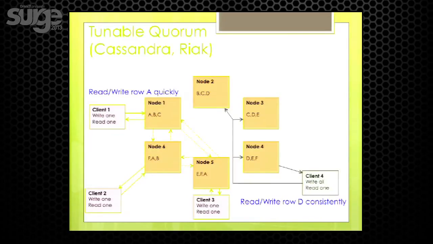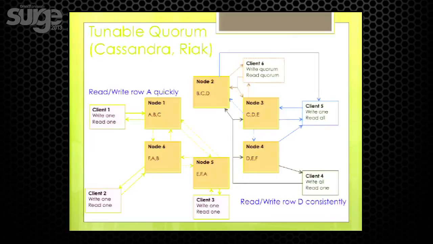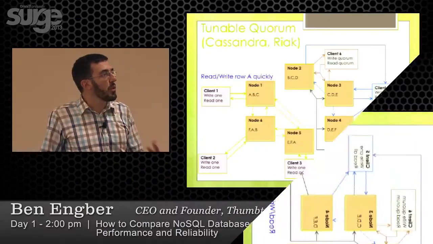When you write, you can request that your writer writes to every single copy of data before returning. And then, of course, you only need to read one to get a consistent copy of that data. You can do the converse: always write to one node, but every time you read from all 3 and pick the one with the highest timestamp, which Cassandra does for you, and thus be guaranteed a consistent copy. Or meet in the middle: write to 2 and read from 2, then pick the highest one and get a quorum there. And this is where we come up with the rule of thumb for these systems.